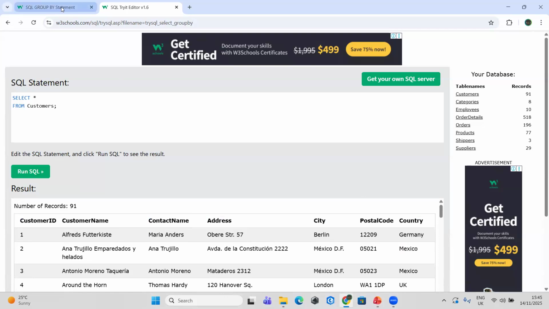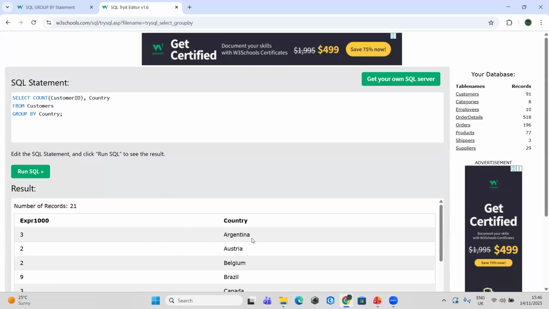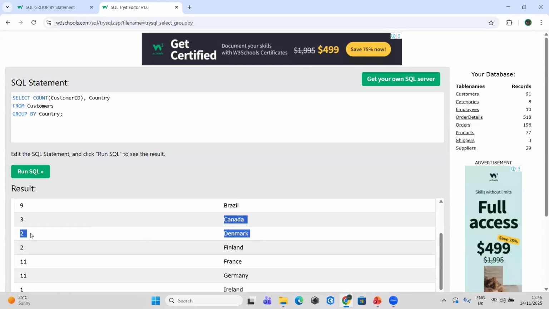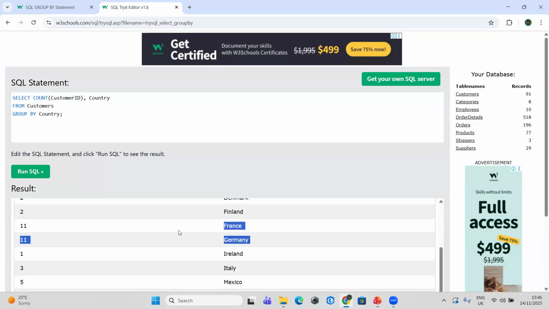So what it has done here is, in my database for Argentina, there are three customers. For Denmark, there are two customers. For Germany, there are 11 customers. So wherever we use average, minimum, maximum, we have to use group by. Not necessarily, but particularly in the case when we